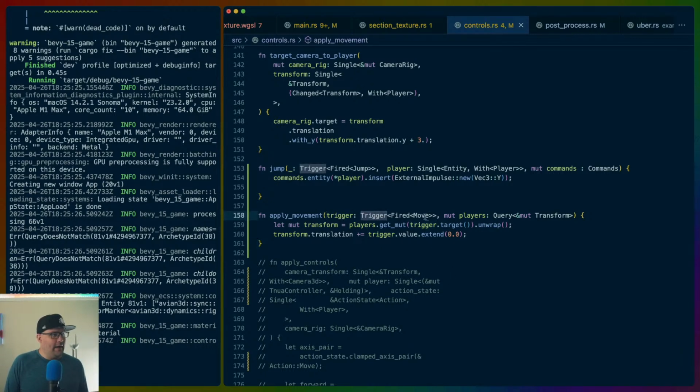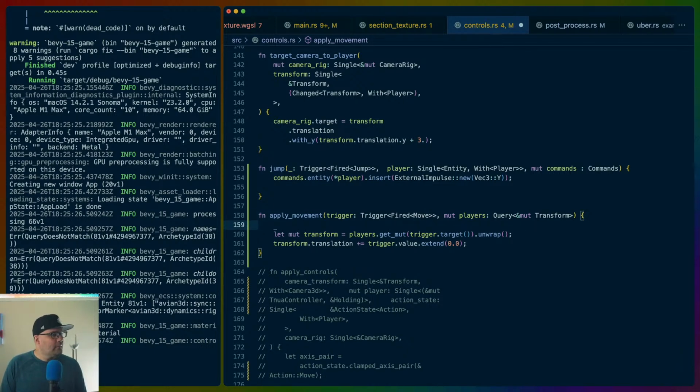Okay, triggered, fired, move. So we basically upgraded from Leafwing Input Manager to Bevy Enhanced Input for 0.16. So this is a 0.16 game now, even though it says 15 on the bottom left because we just upgraded. So we are fired. We're listening to the observer trigger for when we fired move, which is a Vec2, which controls directional input, which